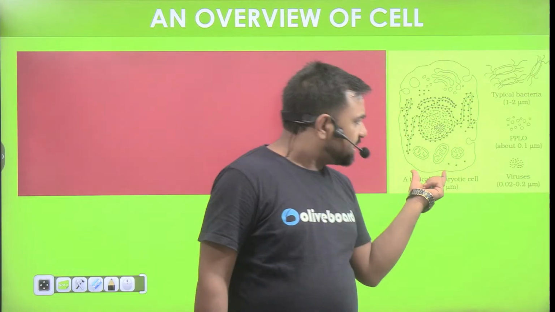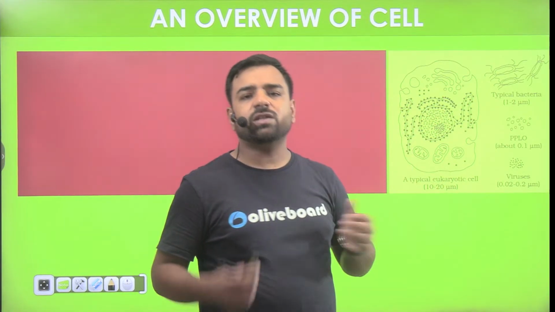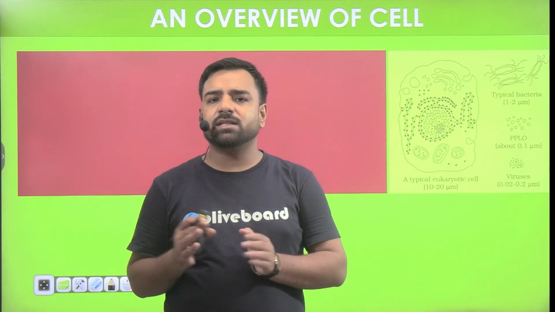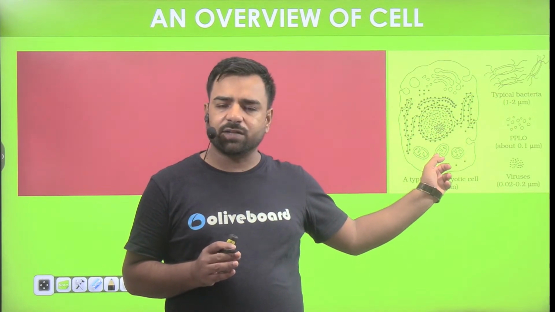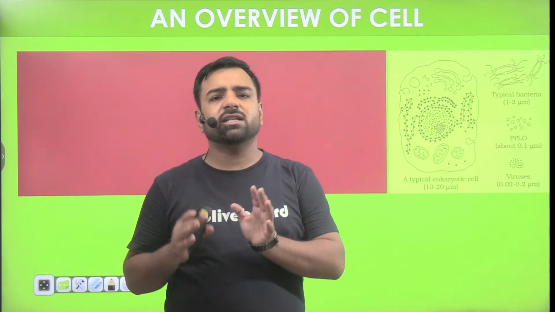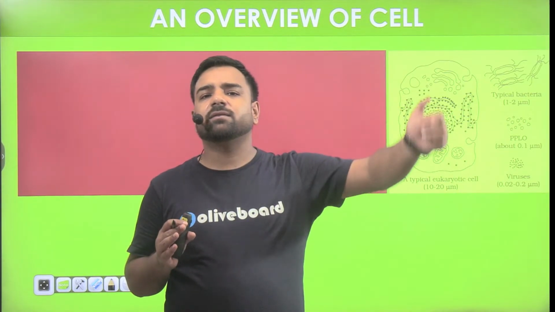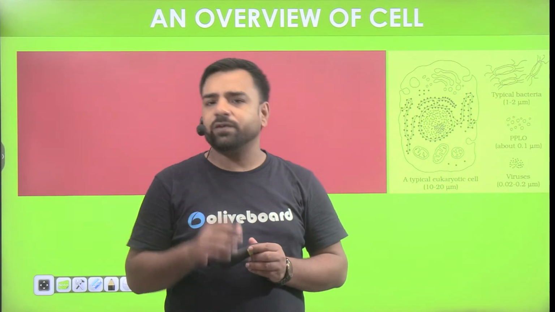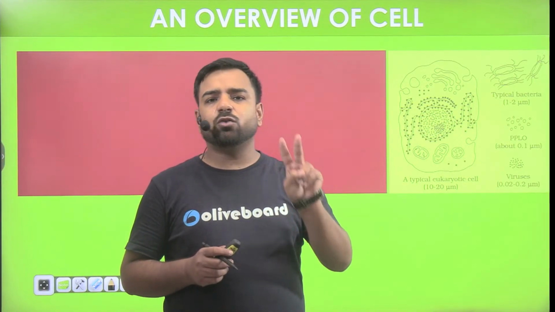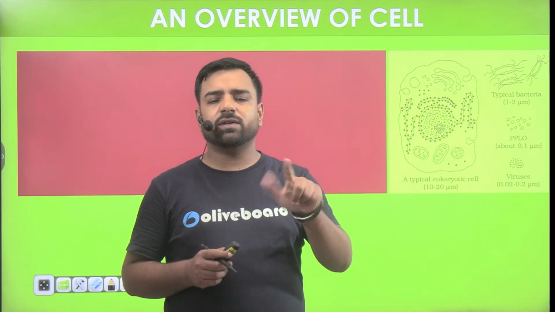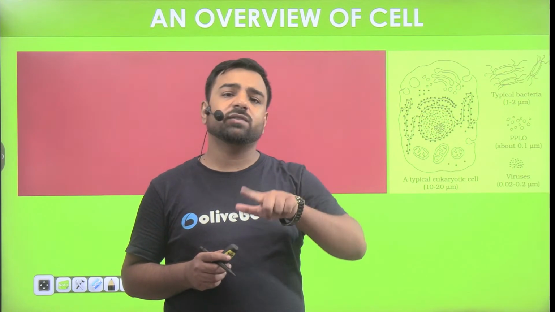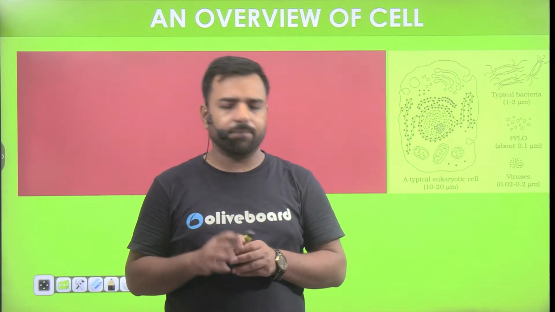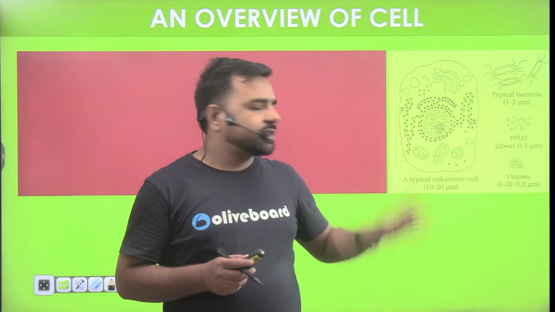So guys, can you just see? This is this type of cell which we people have. If I talk about the animal cell, this type of cell is there. In plant cell also, cell is fully developed, but yes, there's one more layer on the outermost part, which is the cell wall. As of now, cell is divided into two parts. One is prokaryotic, one is eukaryotic. So eukaryotic cells are the ones which are fully developed, and prokaryotic cells are the ones which are undeveloped. Okay. So here, this is the eukaryotic cell.